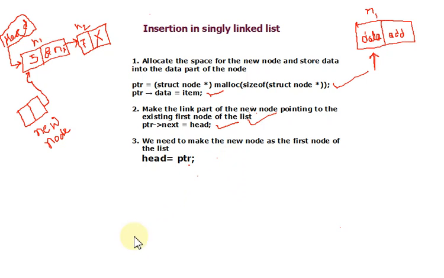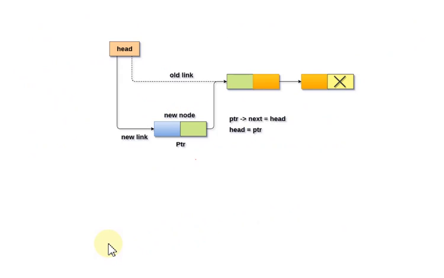So this was our structure. I will try to make it clearer. Try to understand this figure. This one is node 1. This one is node 2. All the nodes have two parts. The first is used for the data, and the second is used for the address part. This is our data, and this is null, which shows the end of the list. It means no other node is connected